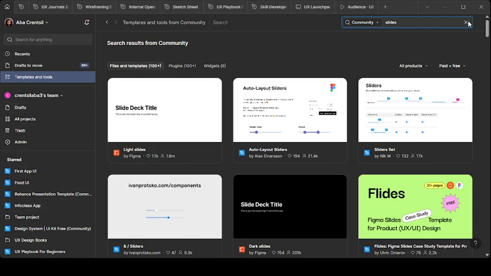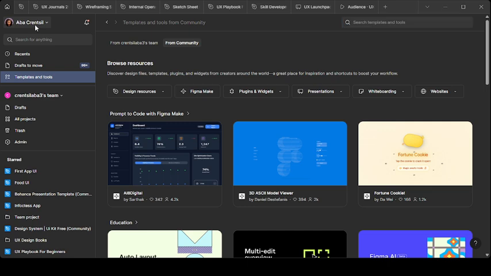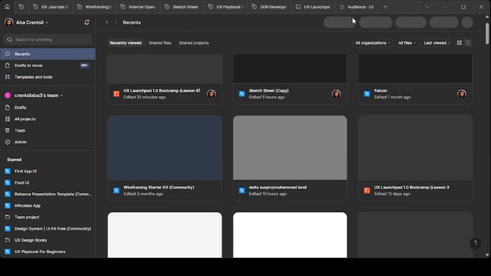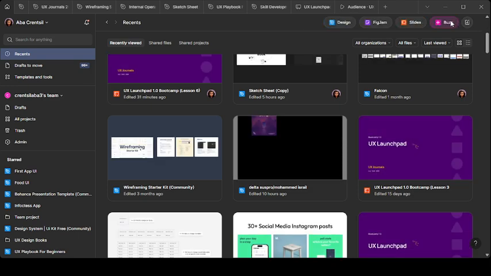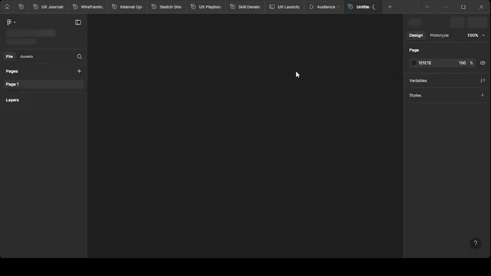So right now, the thing I would want you to focus on when you come to your home page first is that it should be on recent so that you can see what I want you to see here. You'd see a few navigations here: design, FigJam, slides, and then buzz. Design is what we are mostly going to be using to make our designs. So design is just to create a new design file where it would give you the Figma interface with a few pages for you to design your things from